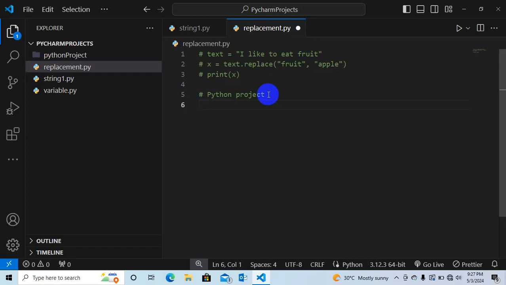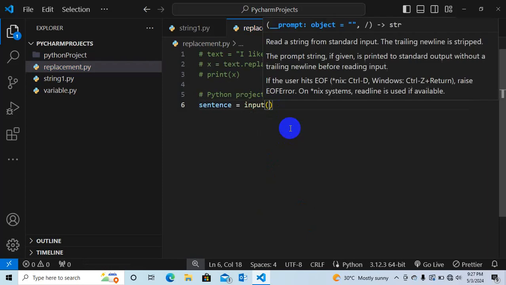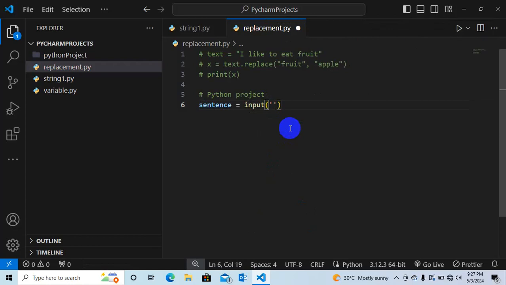Now we want to declare a variable, and we'll call that variable sentence, and we want input. The input is: enter your sentence. Then we want to print what I will say, your sentence is.